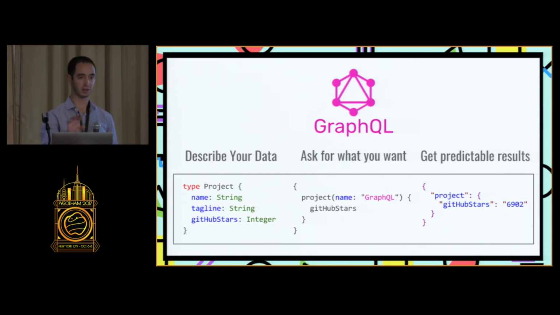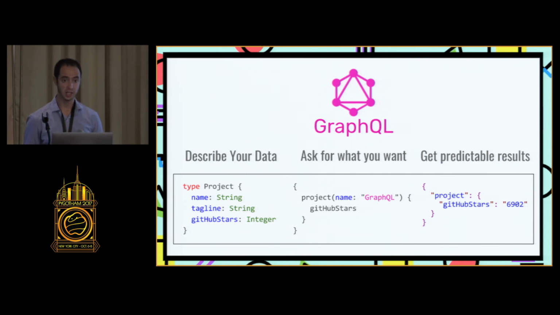So this is the arc of why GraphQL came to be and why it's important. I see it as a next step, and if not GraphQL, then something very, very similar to it. So come find me if you're curious. But before I go, I do want to mention a few of GraphQL's more interesting properties that you should think about before you decide to pursue it.